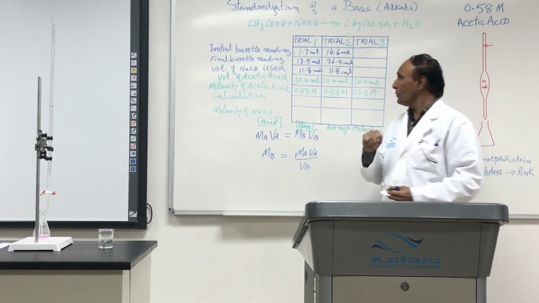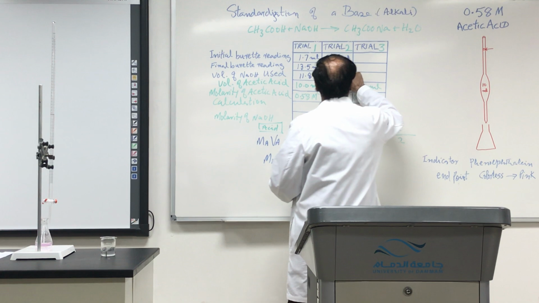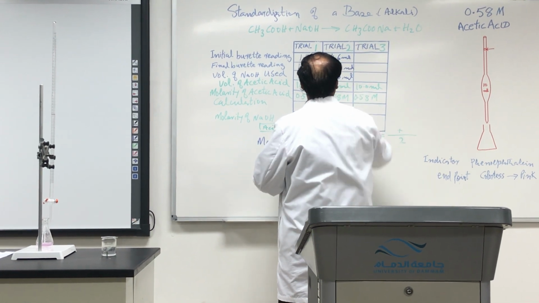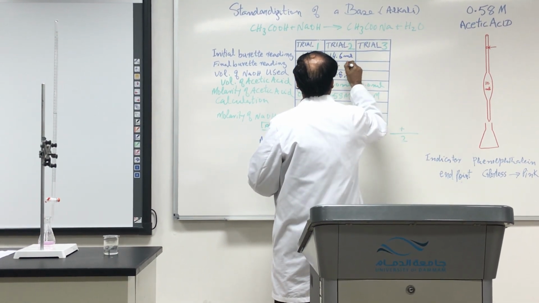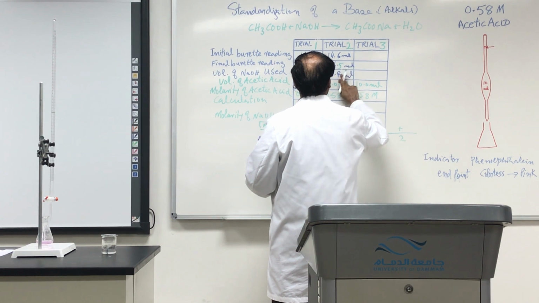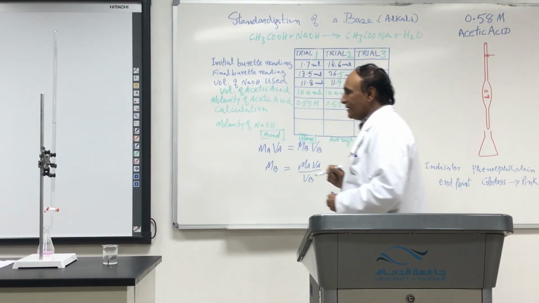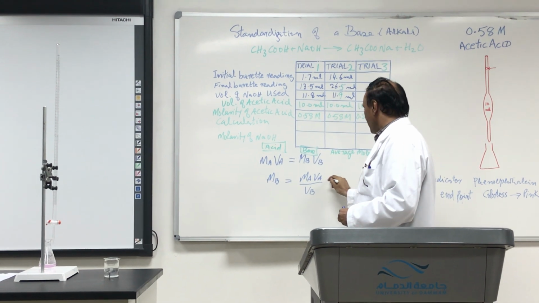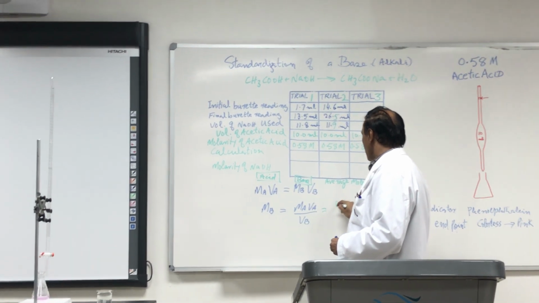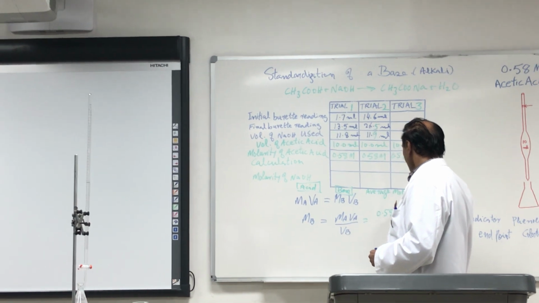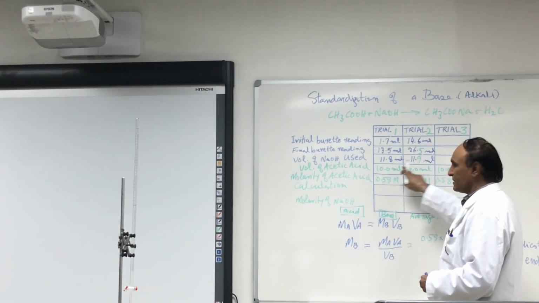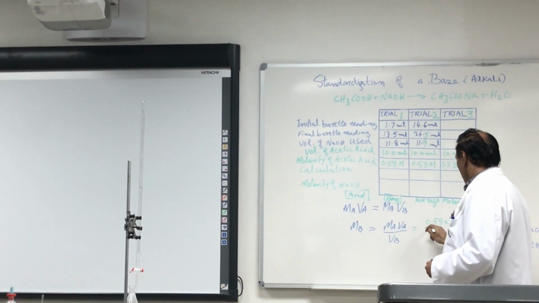So let's suppose this is 24.5, so it will be 11.9. Okay. Right? So the first time I have MA is 0.58, volume is 10 always for the acid, over the volume of